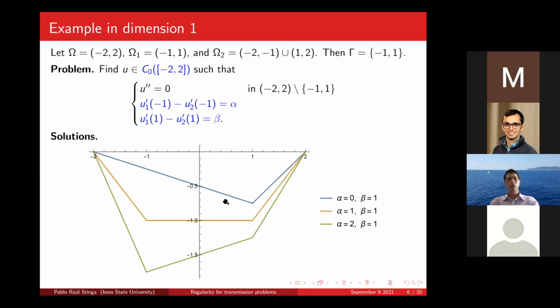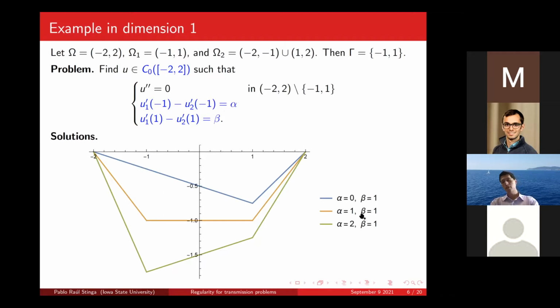So let's see. Suppose this beta is 1, right? So here, the u prime of 1 minus u prime at 1 is beta. So the u prime at 1 arrives with this slope, right? It has to be beta plus the slope of this one, right? So there is this angle that is created because you have this beta. If alpha here is 0, it says that the derivative from one side is the same as the derivative from the other side. So there is no angle, okay?